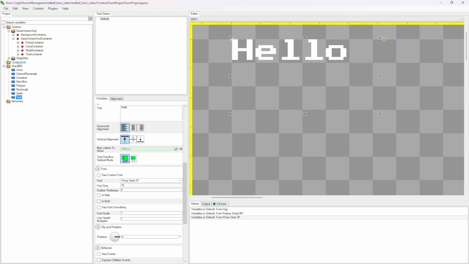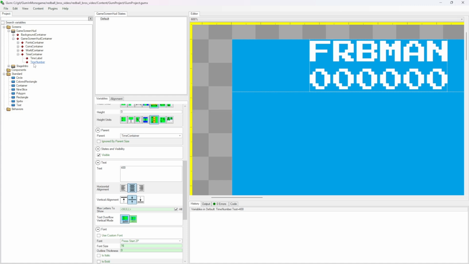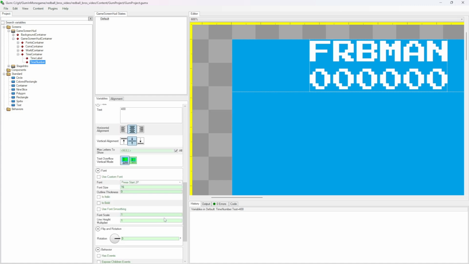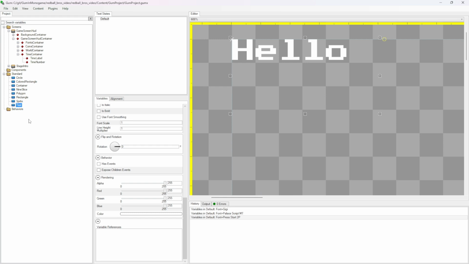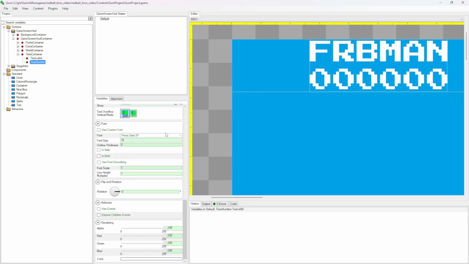You would put them into either a component or into your screen as an instance, and then you would modify that instance. So these are instances right here of a text standard element. However, in this situation, because all of the fonts needed to be the same size and the same font type, I changed them on the standard element to make things a little bit easier. It's okay to do that if you understand what you're changing and that that's going to impact your entire project going forward. Obviously, you can still change the font here inside the instance, but now I don't have to mess